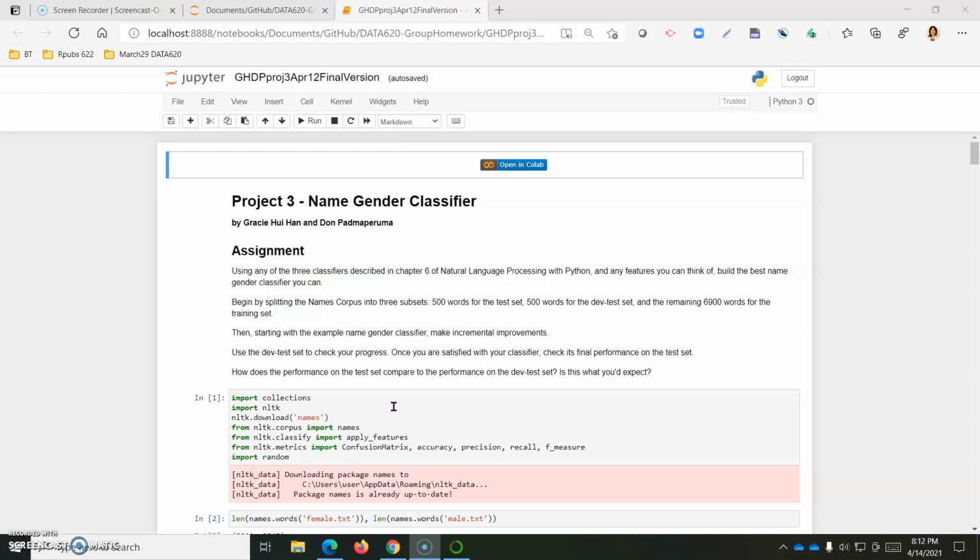So we are asked to use the name database to perform the classifier of gender, male and female. We were told to split the data into 3 subsets: training set, development test set, and the test set. And then we were asked to come up with a few models and compare them. So in summary, we have chosen 3 models